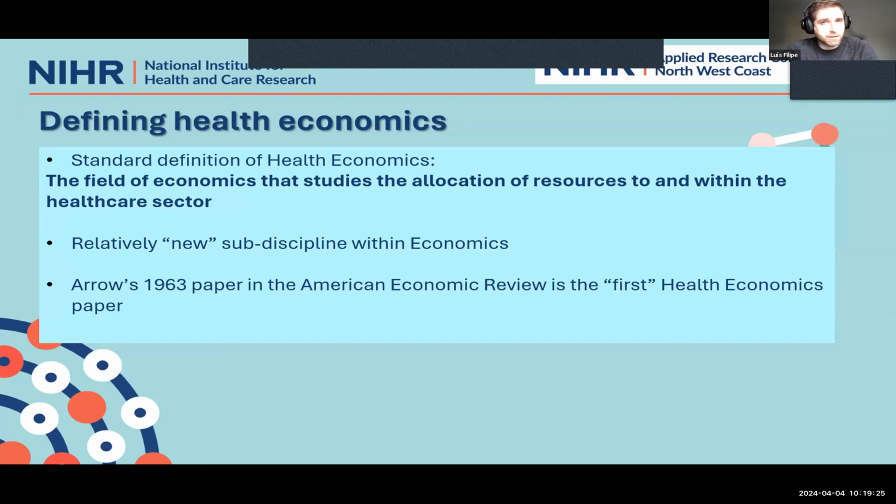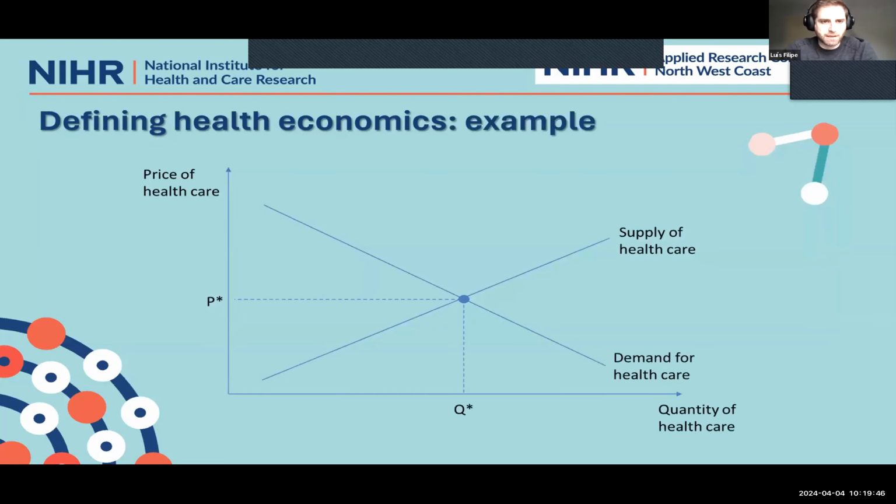Basically, what Arrow comments on is, first, that health has a market. There is a market for health. Well, not directly for health. This is just a detail, but we say it is a market for healthcare, and then through healthcare we can achieve health. But the first thing that Arrow notes is that it is a market.